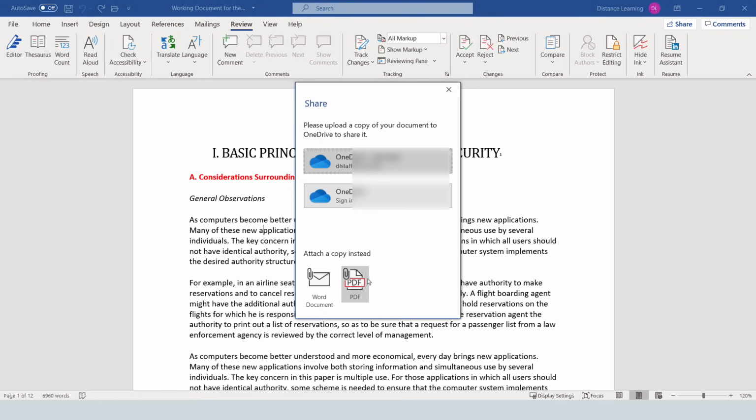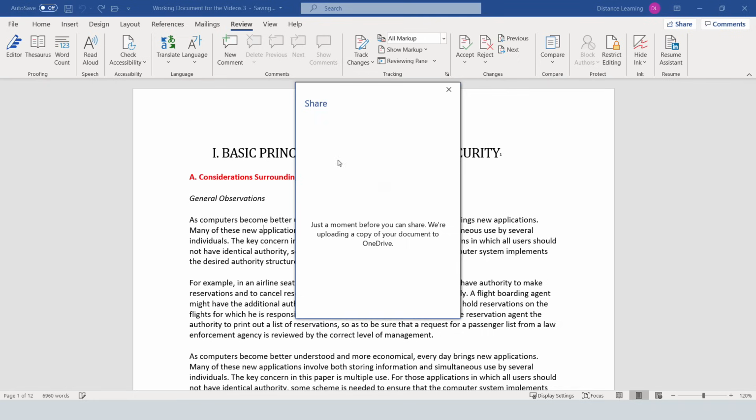If you choose the PDF option, it's going to have it as an attachment. It's going to open your email and have it as an attachment as part of that email. Now, if you want to use OneDrive, you simply select the OneDrive option here, double-click on it, and now you